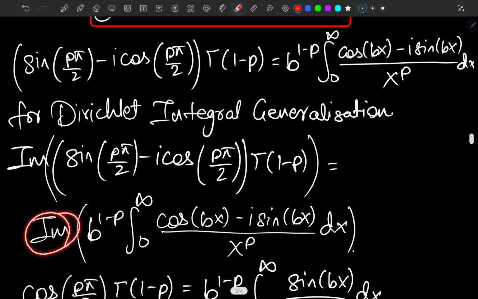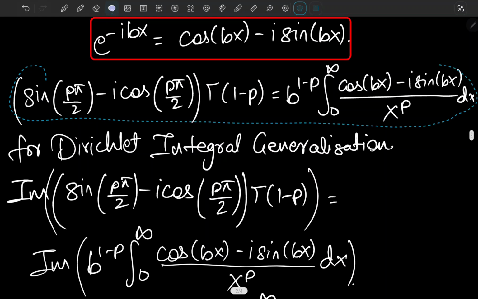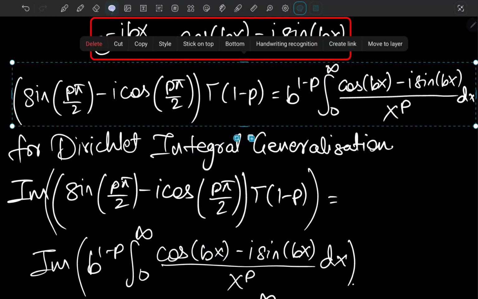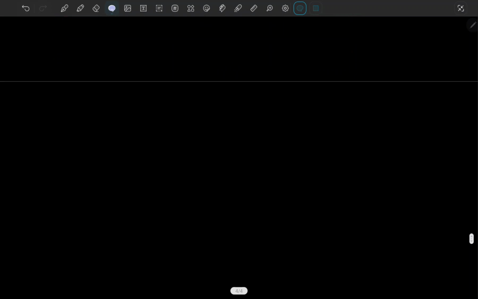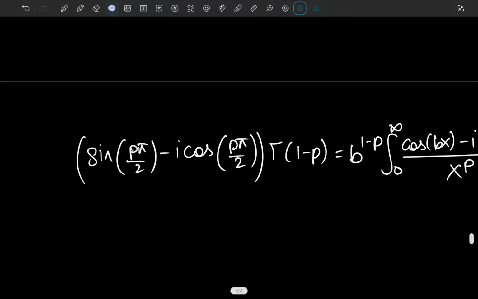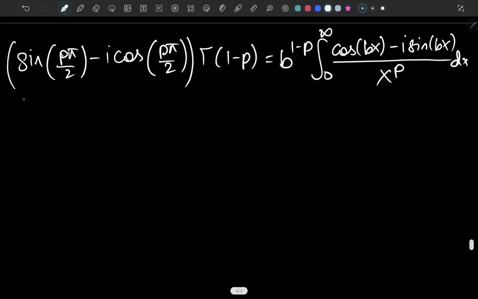If we talk about the real part, that's going to give us the result that we wanted for the second integral. So this equation is really important, obviously, because from that equation only we got both of these crazy results. So taking the real part actually,